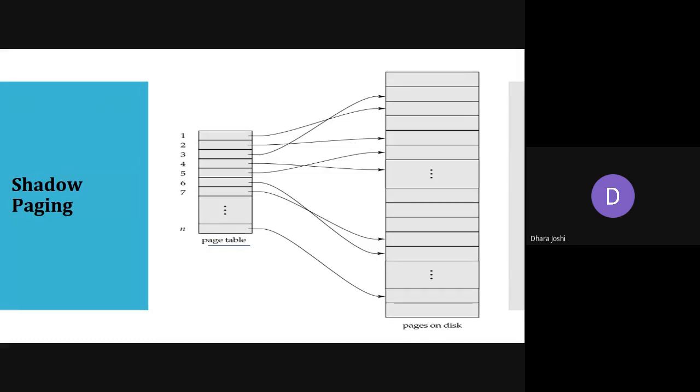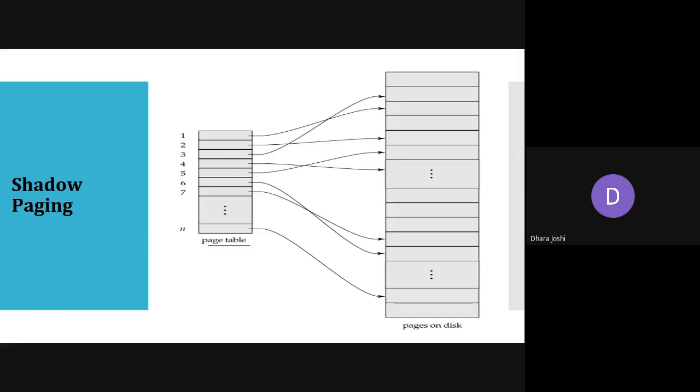In shadow paging, we deal with two types of tables: the current page table and the shadow page table. At the start of the transaction, they are both identical, and whatever write operations the transaction performs, the modification is done only in the current page table. The shadow page table does not get affected.